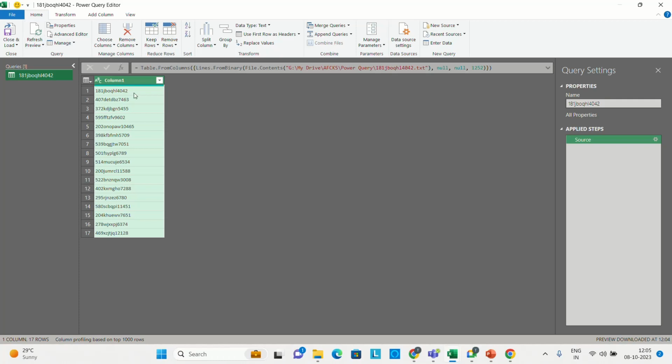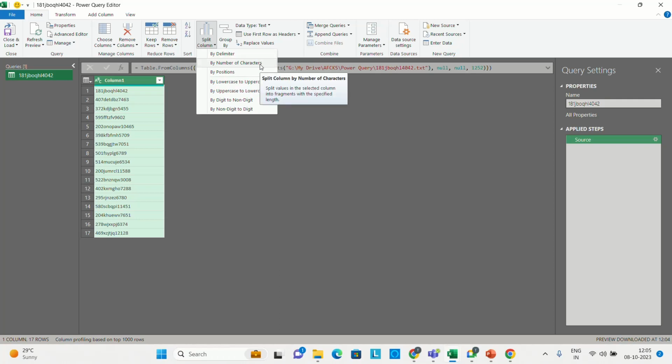रिबन्स में, यहाँ पे हमको इसको स्प्लिट करना है। तो स्प्लिट करने के लिए हमारे पास यहाँ पे ऑप्शन है, यू कैन सी ओवर हियर स्प्लिट कॉलम्स, राइट? यू क्लिक ओवर हियर, यू कैन सी यू कैन स्प्लिट द कॉलम्स बाय एन नंबर ऑफ मेथड्स। पहला तो डिलिमीटर है, डिलिमीटर यानी कि क्या होता है? आपका सेपरेटर होता है। तो यहाँ पे आपके पास कोई सेपरेटर है नहीं जिसके थ्रू आपको इसको स्प्लिट आउट करना है, तो ये ऑप्शन आप यूज नहीं कर पाओगे। नेक्स्ट ऑप्शन इज आपका बाय नंबर ऑफ कैरेक्टर्स। तो यहाँ पे आपके नंबर ऑफ कैरेक्टर्स भी आपके फिक्स नहीं है जिसके थ्रू आप इसको स्प्लिट कर पाओगे।